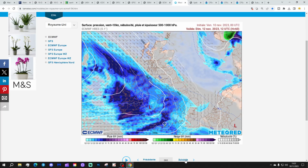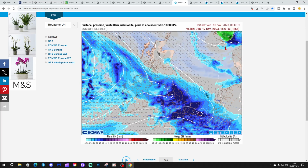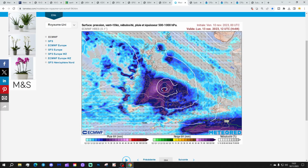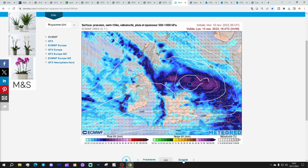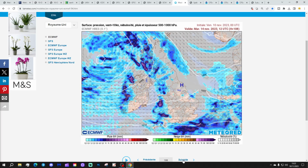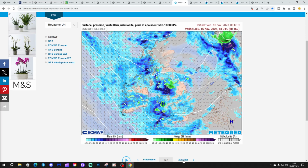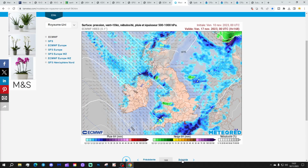Make the most of it, because through Sunday the wet weather returns, particularly to Ireland, England, Wales, Scotland. Could just about get a dry day on Sunday. And then into next week, further wet weather pushing up from the south, bringing spells of wet weather with it. Then we're into showery conditions through the middle part of next week. So turning a little bit wintry later next week as the air gets a bit colder and comes in